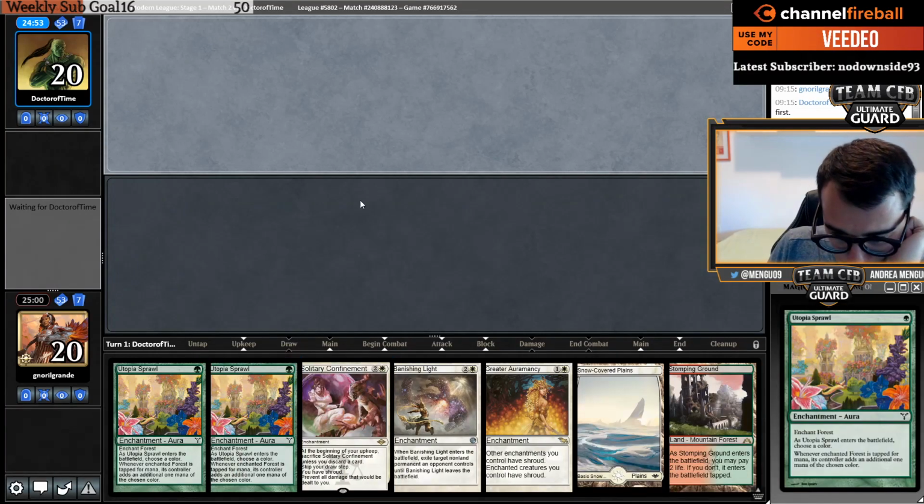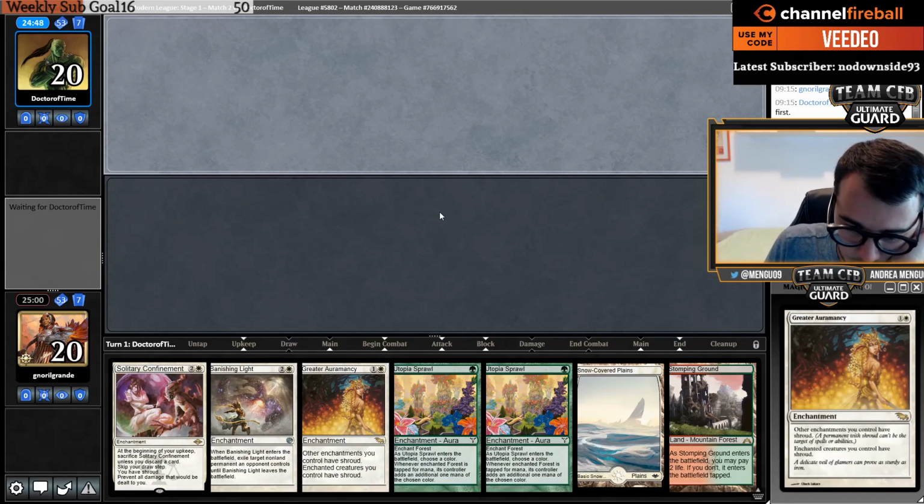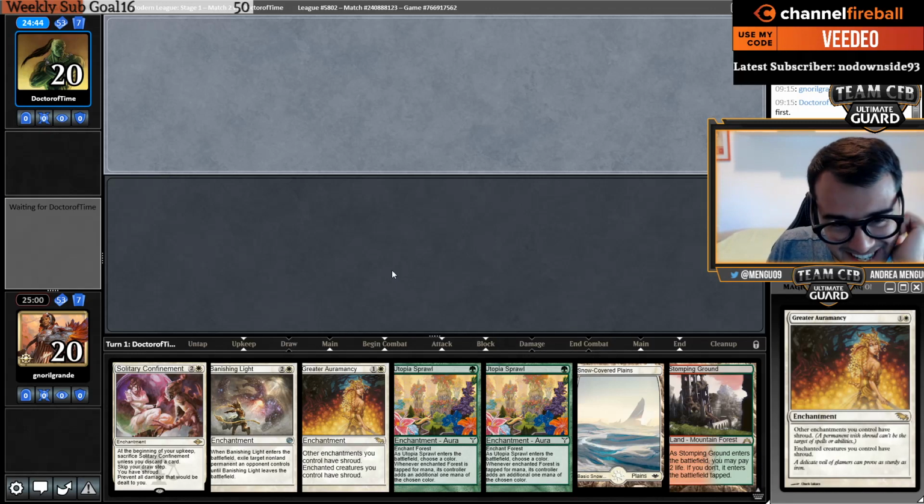Alright, we have Utopia Sprawl. And, I mean, the hand's not particularly great, but whatever. I'm keeping this hand. Specializing in entertainment? Yeah, that's...